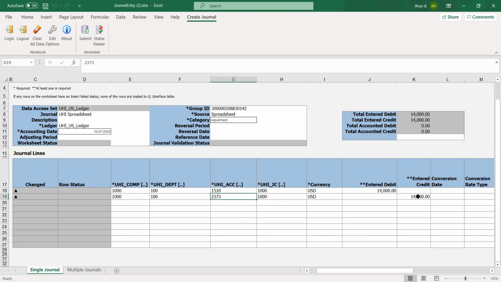But if I use the same account, which means plus 14,000, minus 14,000. Yeah. So usually we will not record that way, even though we wanted to cancel or reverse any particular thing. Always we will use a different account. So maybe we will use the credit column to knock it off. Okay.